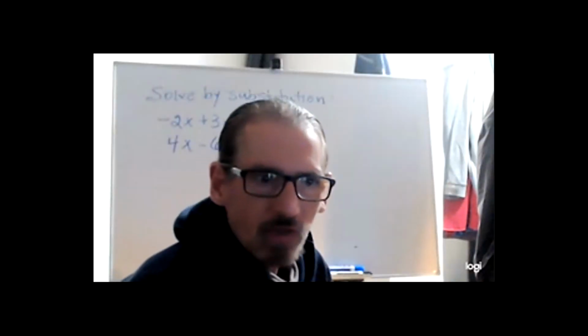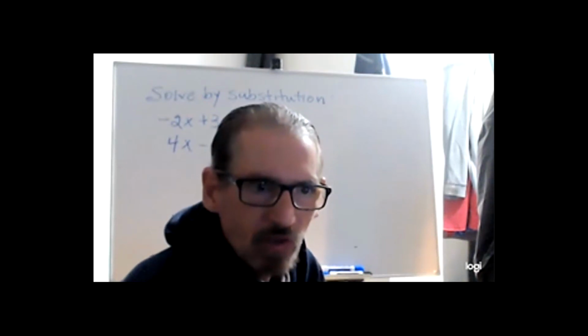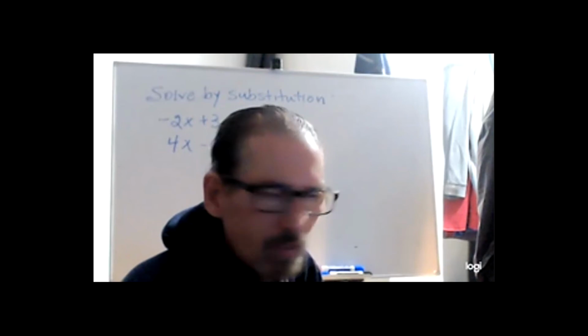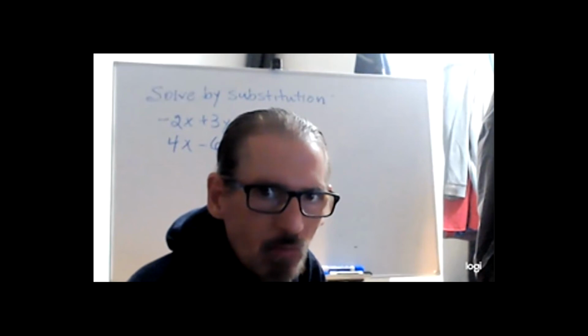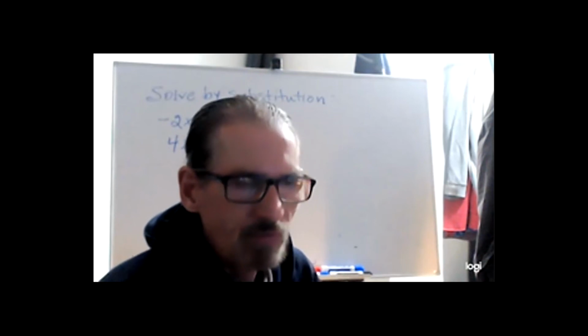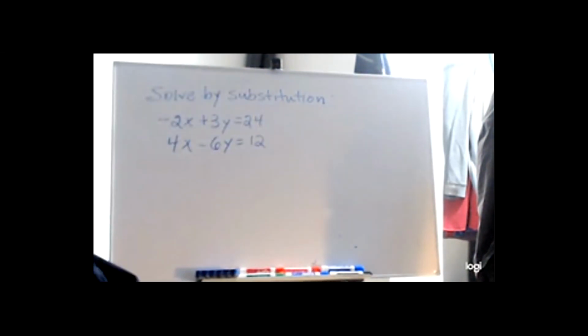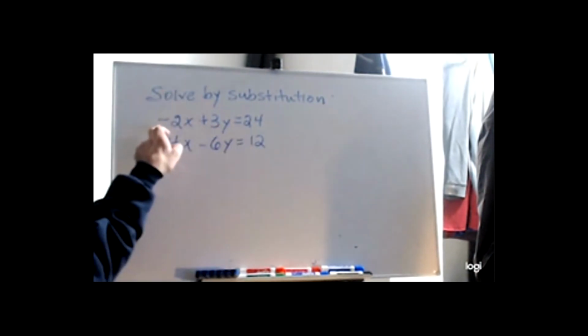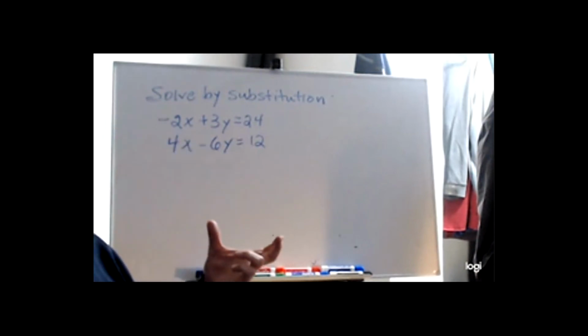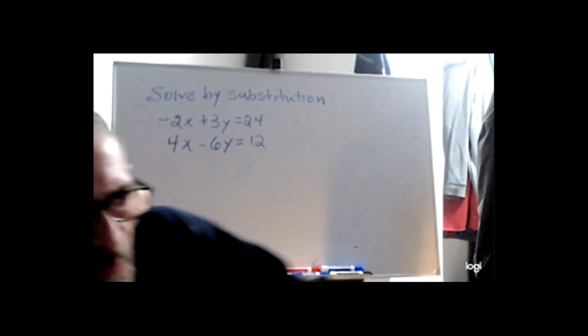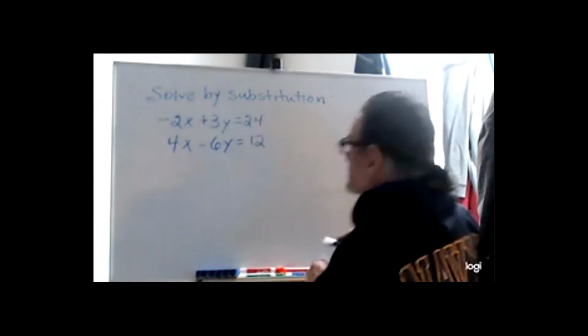All right, we're going to take a look at our second and last special case, and we're going to look at it first by substitution. I'm going to make a claim about what this tells us about the number of solutions, and then check that by graphing, and that will wrap this up. Now, on this system, I don't have any positive or negative ones, so because negative 2 has the smallest absolute value of all of those coefficients, and it's nice to divide by 2 or negative 2, I'm going to rewrite the first equation